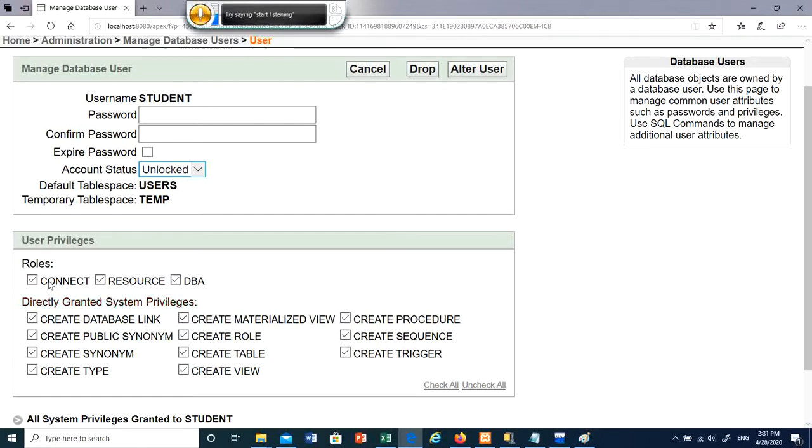These privileges are not given by default. It will give you only connect and resource. If you would like to give this user all the privileges, you see them listed here. You can click check all to give them all privileges. And then if you would like to take some of the privileges away,